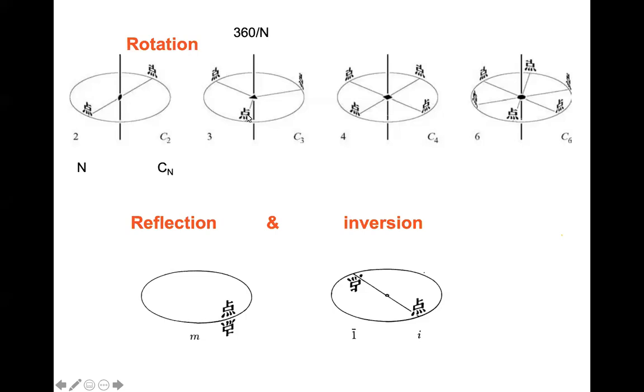So you start from here. So if you do one time, it will go here. You do another 120 degree rotation, it comes here. Another 120, it comes to the original position. So this is called a threefold rotation. Okay, and you can have similarly fourfold rotation, 90 degree rotation. You can see a filled square. Okay, and then you can have a sixfold rotation, so hexagon. So you have all these things.